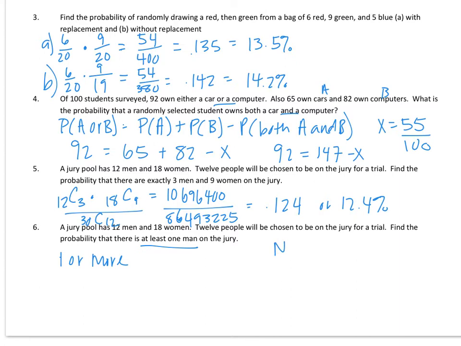So I'm going to find the probability that there are no men on the jury, because it's a little bit easier to do that and work backwards than to think of all the 1 man and 2 men and 3 men and 4 men. That's a lot of work. So for there to be no men on the jury, that means there would be 12 women. So of the 18 total women, we're picking 12, and of the 30 total people, we're picking 12. So the probability that there are no men on the jury